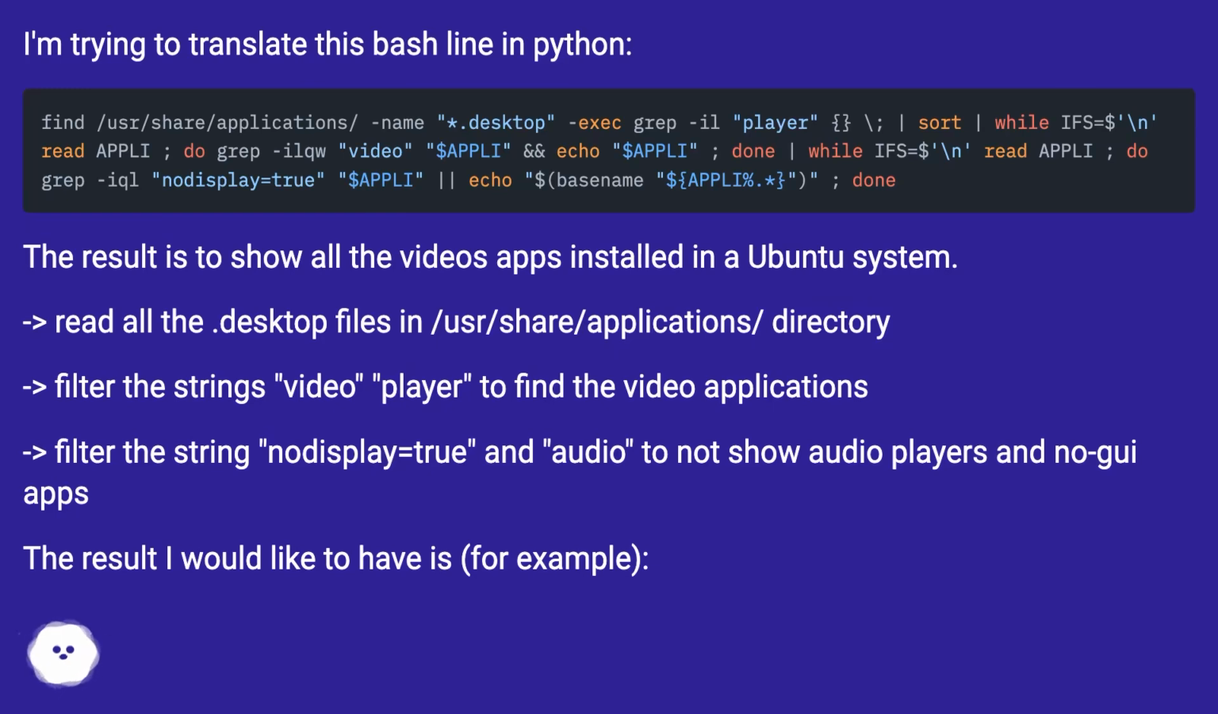Filter the string "video player" to find the video applications. Filter the string "NoDisplay=true" and "audio" to not show audio players and no GUI apps. The result I would like to have is, for example,